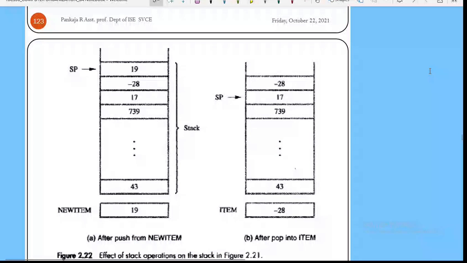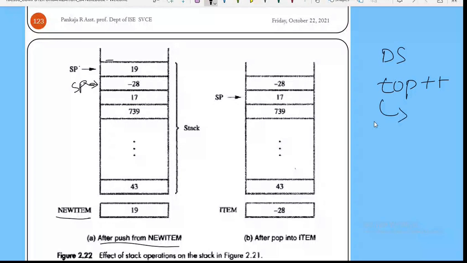Okay, so this is also just one example of how the push operation takes place. I want to add the variable value 19 onto the top of the stack, and this is how it is added here. For that you decrement the SP. That means SP was pointing here, and if you do -4, it is pointing to this location. It is reverse when you do it in a data pointer, where it is pointer plus plus and then it loads the new item.